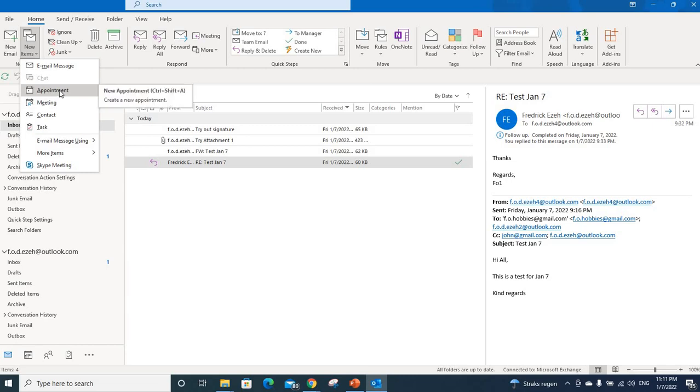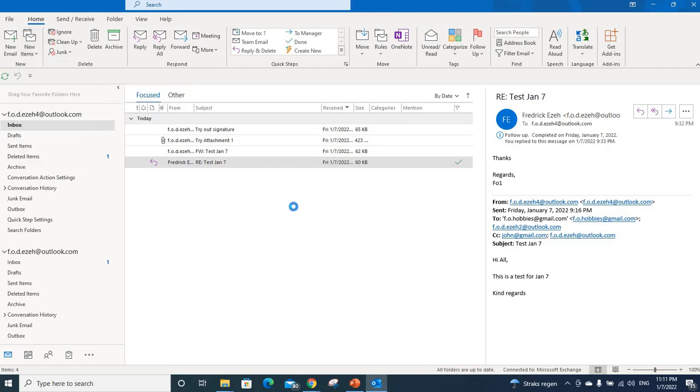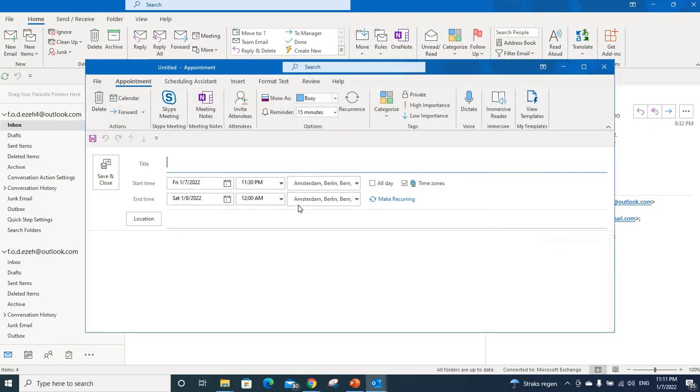So if I click appointments, so appointments are basically something that I maybe made with someone that I just want to keep in my calendar as a reminder so that I can remember my appointments. It's like when you have a calendar on the wall and then you circle it and just write something just to remind you. So click appointment and it should bring up another window,